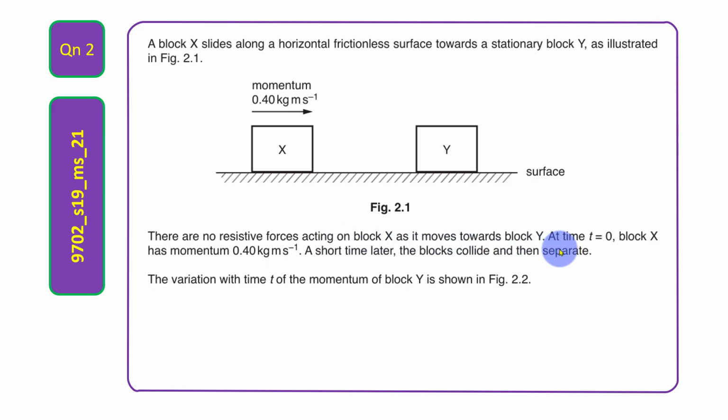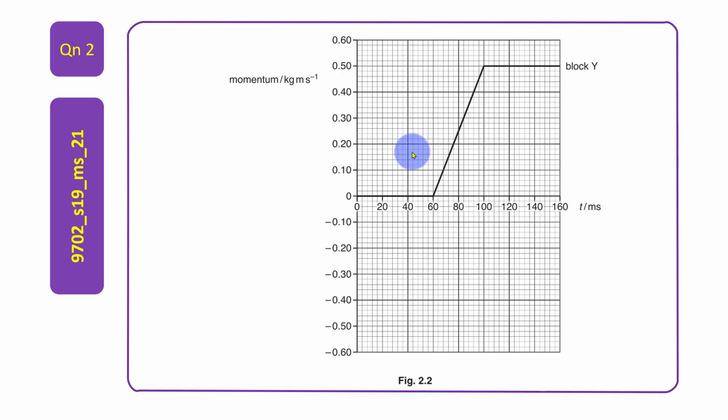At time t equals 0, block X has momentum 0.4 kilograms meter per second. A short time later, the blocks collide and then separate. The variation with time t of the momentum of the blocks is as shown in figure 2.2. This figure 2.2, so this is the way X was moving before it collides with Y. At this particular instant of time, it collides with Y and